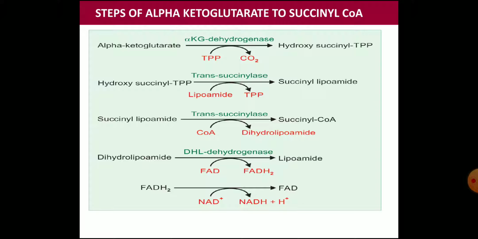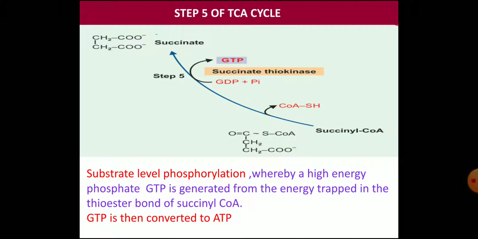So in this reaction I have shown, just to understand the multi-enzyme complex reaction, just like PDH, alpha ketoglutarate requiring TPP, the thiamine pyrophosphate, lipoamide, coenzyme A, FAD and NAD as 5 coenzymes, and finally it is producing succinyl coenzyme A. Now, the fifth step is succinyl coenzyme A is converted to succinate by the succinate thiokinase, and it is